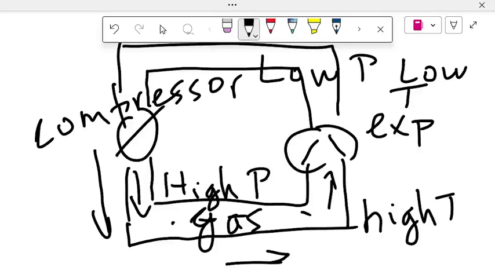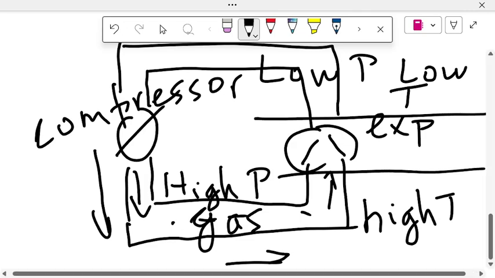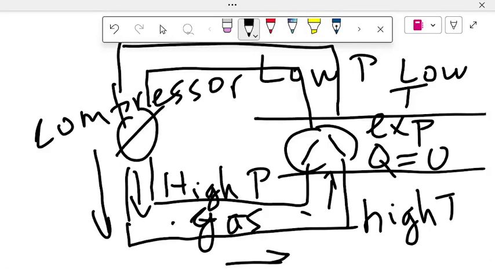Okay, because of the difference in pressure. So here, expansion of gas, we have an almost adiabatic process. Here we have an almost adiabatic process,